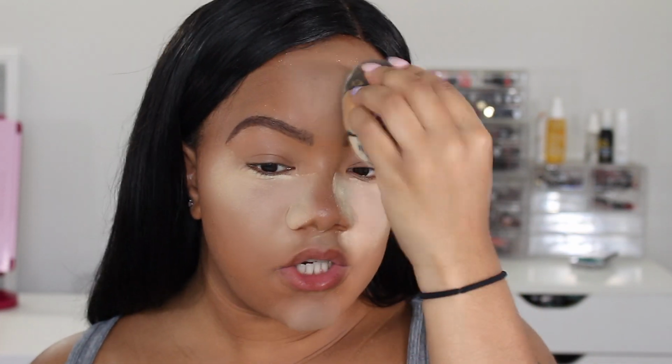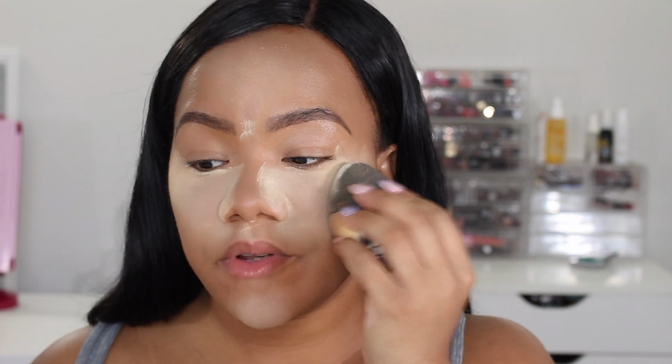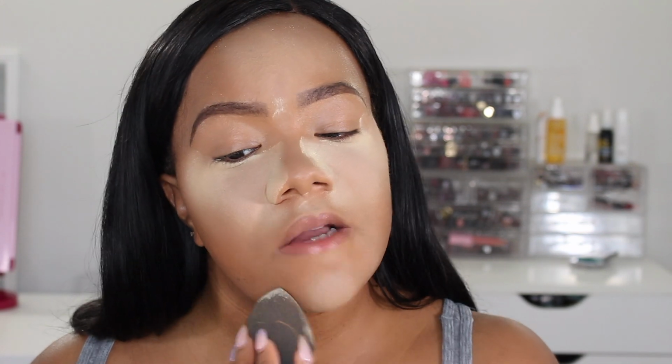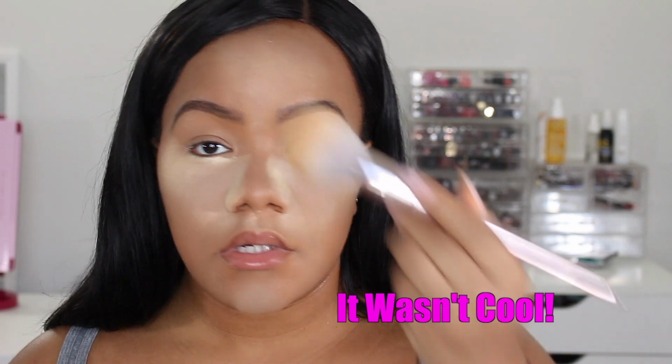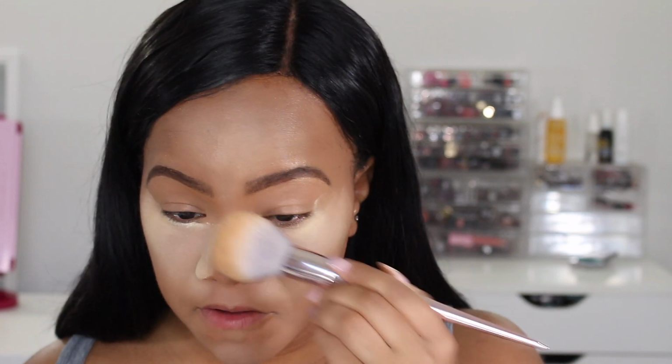So this is just your standard yellow powder, but they also had other shades. So don't think you have to get banana if you want to try their baking powder. They had other shades, so I would definitely check them out. I think I went a little overboard with the baking, but it's cool. I'm gonna dust some of this powder off, not all of it, but I'm gonna dust some of it off